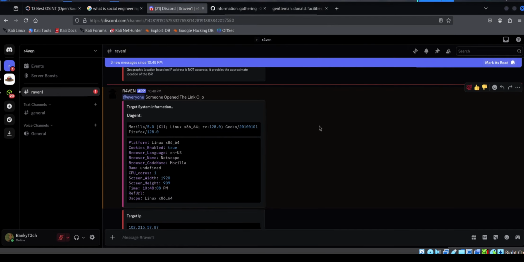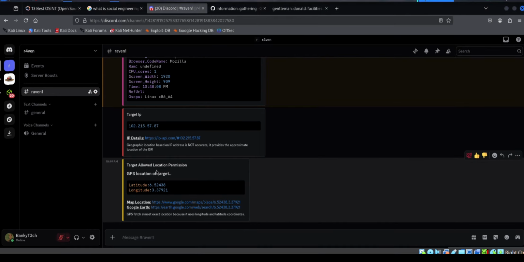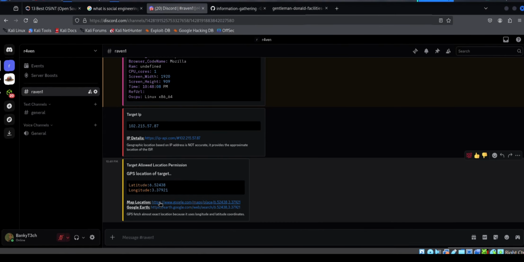This was actually the information given. It said platform Linux enabled, browser code name Mozilla. So all these are basic information, it's not actually that deep. So all I have to do is close down. It said target allowed location permission. What this actually means is that now the victim has clicked on it, their map location has appeared on my GitHub. So now if I try to click on it,